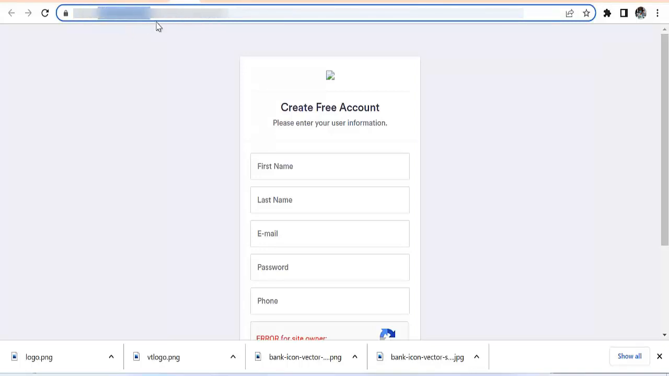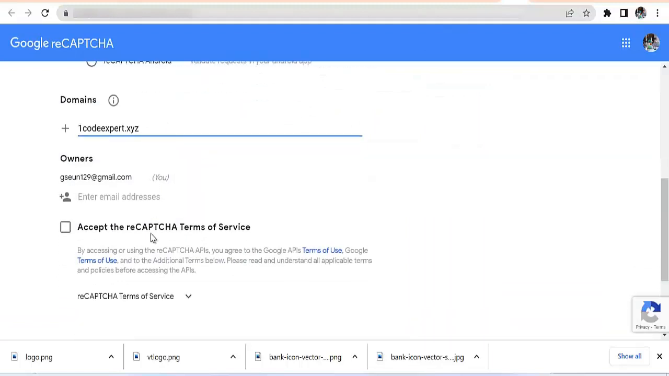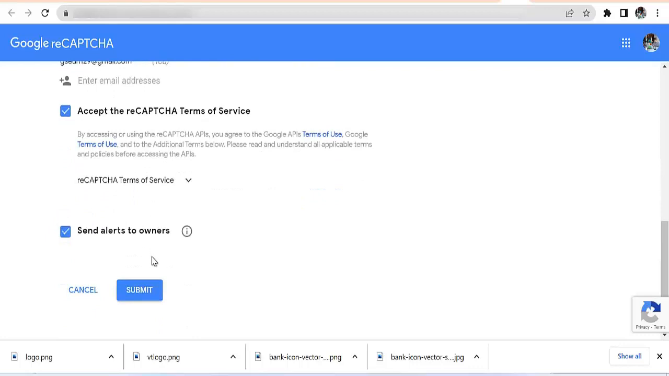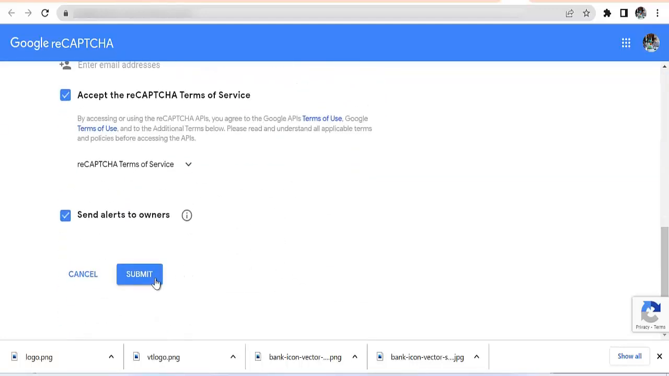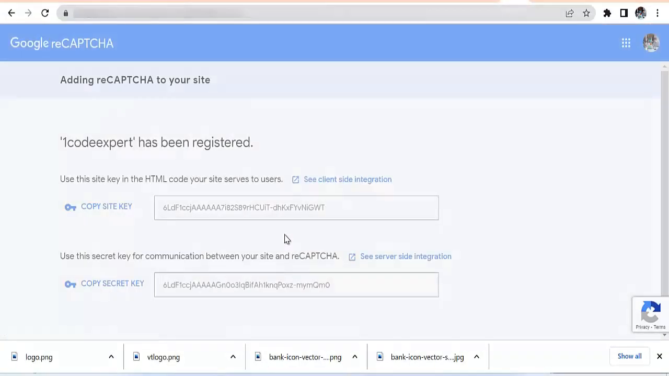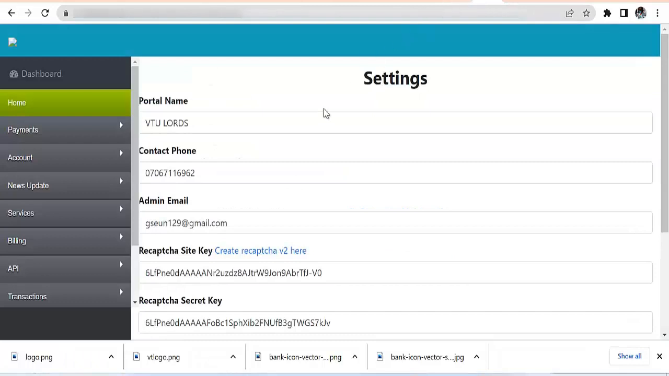Here we have our website hosted. Let's add a domain name. So we're just going to add this domain name like this. Accept and submit. Okay, we are going to add a label. So let's add this label and submit. So you see that maybe that's going to give us a site key. So let's take up the site key